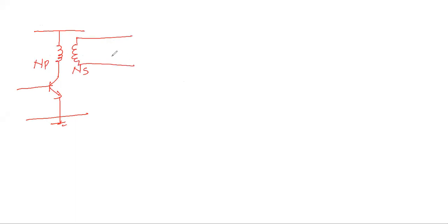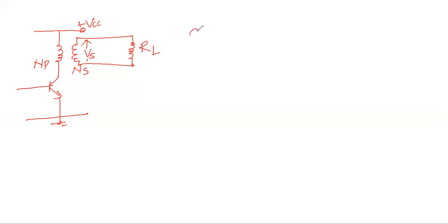So this is the circuit diagram. I'll use a step down transformer to match the load to the source. Here the turn ratio is NP and here is NS. And this voltage is VCC. And here I will connect another resistor. This is the load RL. This voltage I refer to as VS.